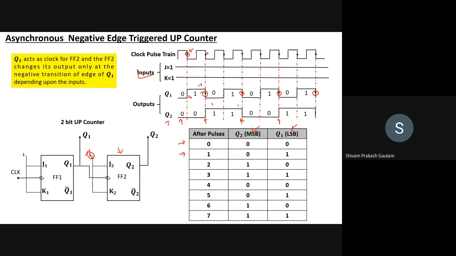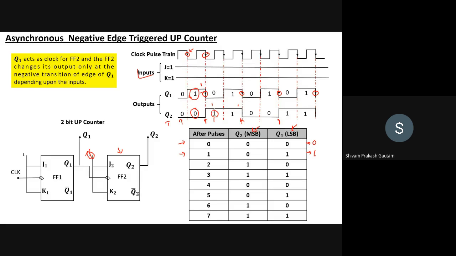So that is why, after the first triggering, Q2 is 0 and Q1 has become 1, which can be seen here as well. This is representing the decimal number 0, and this is representing the decimal number 1. Next cycle, after the second cycle, which is this,